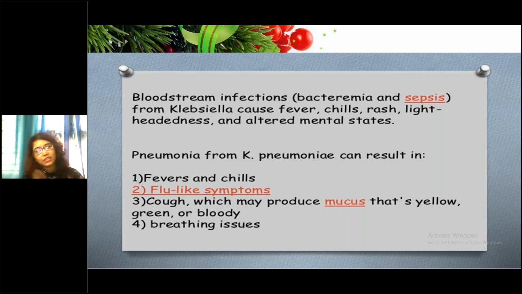Then you will be given the slides, and you will see the organism under the gram stain. There will be a gram negative organism. Then you will go to the biochemicals. In the biochemicals, you will see it is urease positive, oxidase negative. So all those things you will see, and you will write them down, and then you will come to the conclusion that this is Klebsiella. Even the antibiotic sensitivity plate, that is a Mueller-Hinton agar plate, will be given to you,